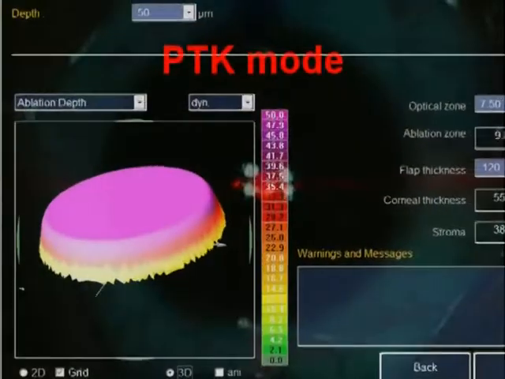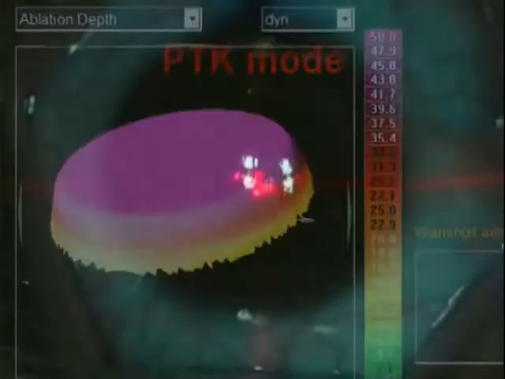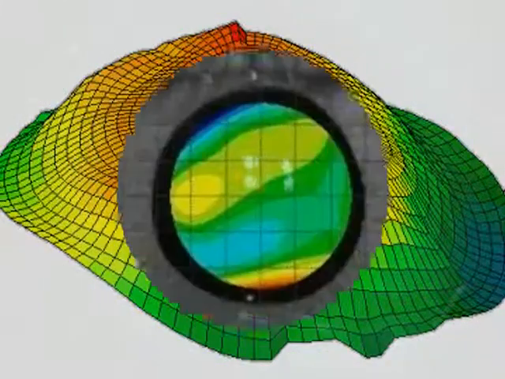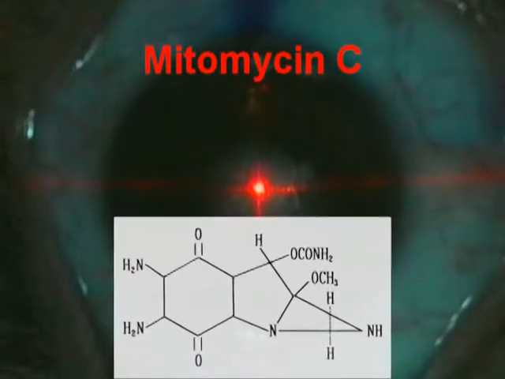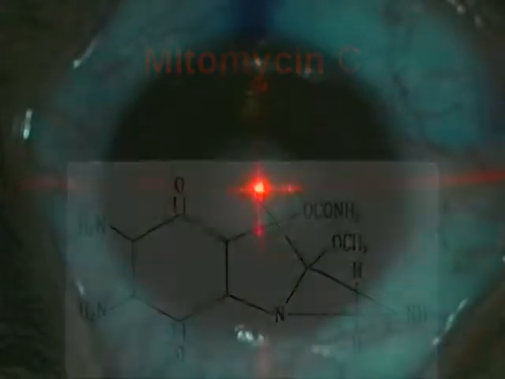The use of the excimer laser in PTK mode is essential for therapeutic refractive surgery. However, therapeutic ablations also involve topo-guided and sometimes wavefront-guided custom ablations. Mitomycin C has dramatically improved the predictability of the wound healing response for most of these procedures, which are performed